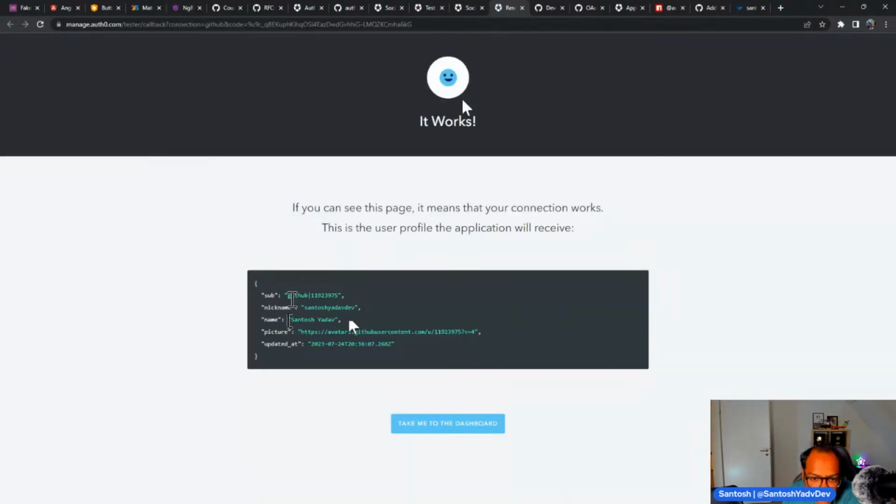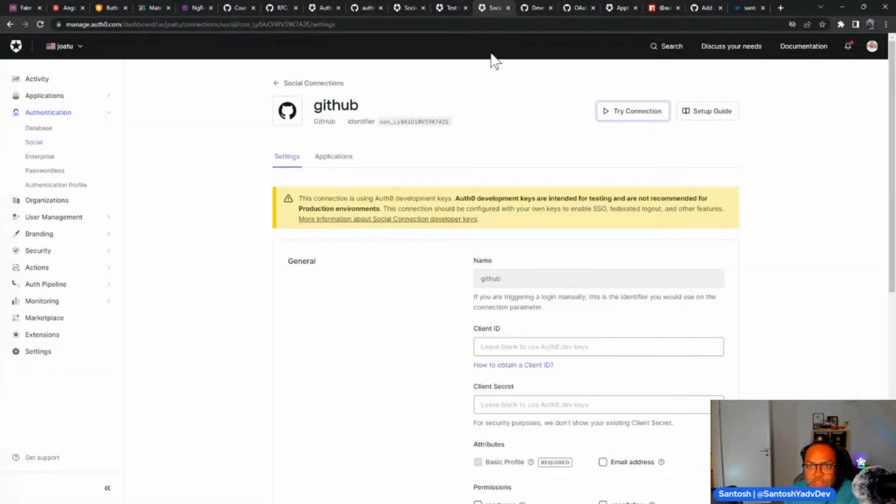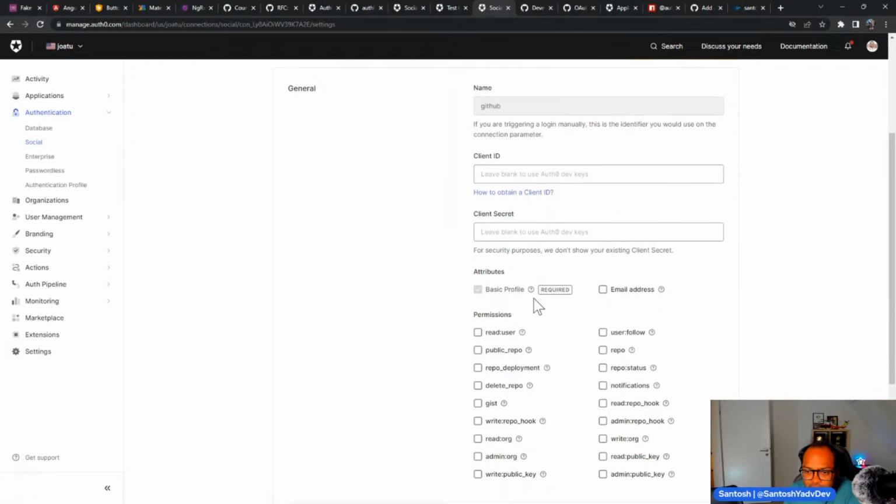It says GitHub. This one takes me to the dashboard. If you can see this page, it means your connection works. This is the user profile the application will receive. Okay, so we'll receive your name, nickname, updated at. So it works. I'm just wondering why